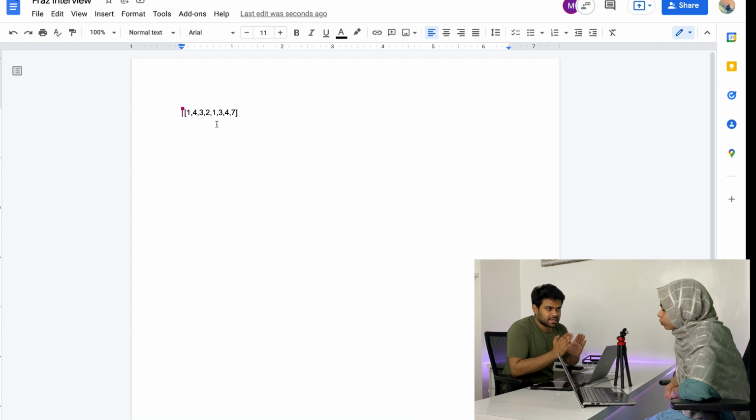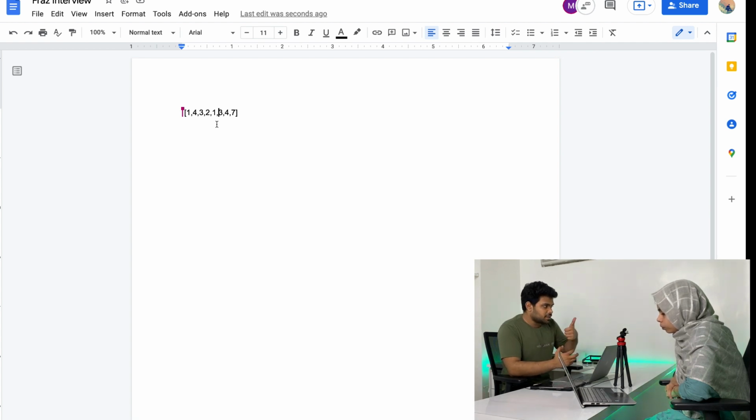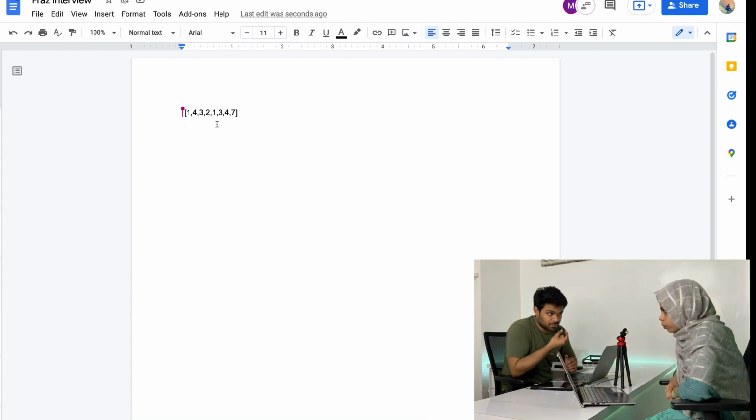So basically what I'm thinking is that I'm going to maintain a queue kind of structure. That queue will be such that it is going to have the maximum element at the front. Okay, so why at the front? Because all the elements which are smaller than the current element will be moved out, right? It will be kind of a monotone structure.